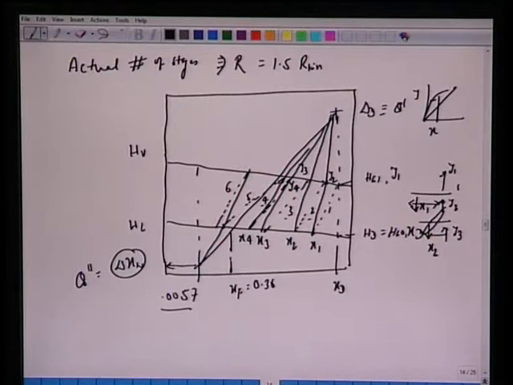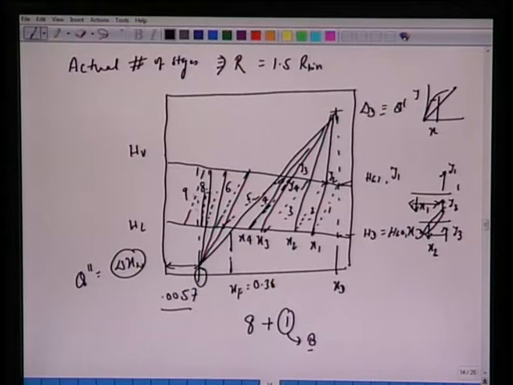And once you have crossed this, every time you have to connect with this. Again take this, you have the 7th stage, again connect with this. We have this 8th stage, connect with this. You will realize that after this 8th stage, the 9th stage will exceed this 0.0057. So it means we require a total number of stages 8 plus 1. This one is the last stage, which is the boiler.